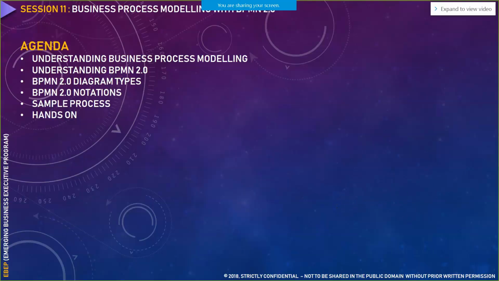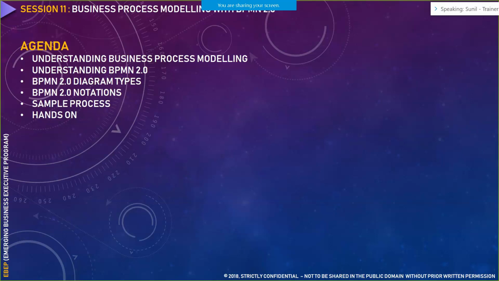Okay, so in today's session, we are going to understand one of the crucial topics in business analysis called business process modeling. Now, business process modeling is something that every business analyst does at some point in their career. Whether it's an entry-level business analyst or an experienced one, we tend to do business process modeling almost in any given situation in our projects.